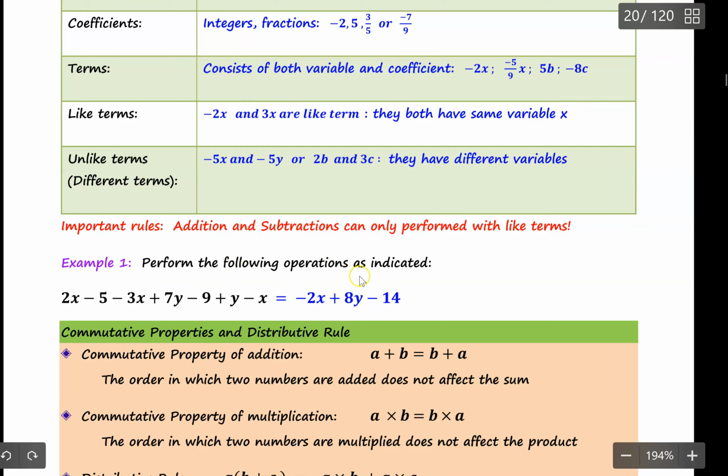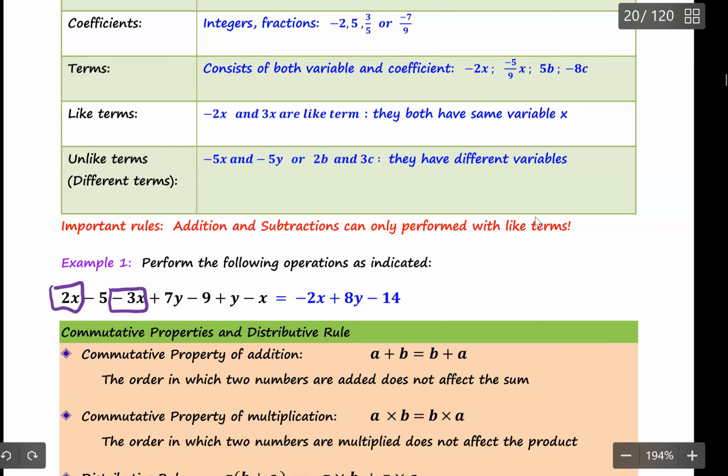Then I have to perform the operation as indicated. So all of these terms are just addition and subtraction. So we have to follow the rule that we can only perform with like terms. So therefore we need to find the like term in this expression. So let's find the first like term. So I have 2x. Okay, let's find a term that has the same variable. So I will have